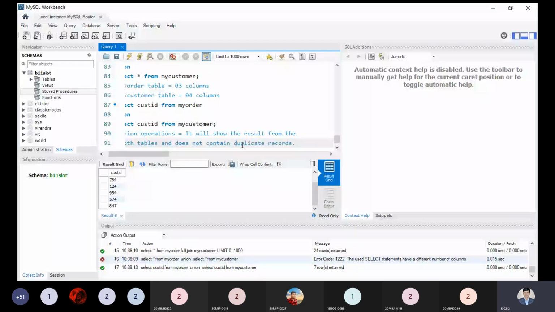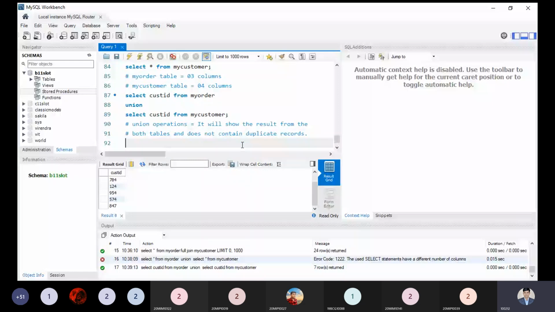Nothing can be summarized in a simple way or in one or two lectures. We have a lot of syntaxes, a lot of things we can understand. My agenda here is to understand the join operation and how we can apply it, because join is a part of our syllabus. We have discussed the theoretical portion, but how to implement it in practice, that is my agenda. So I'm taking this step over here. Now, is it clear to all of you how to apply the join operation or how to implement the join operation? Is it clear to all of you?